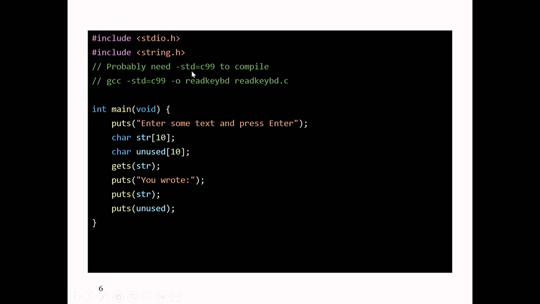So let's look at a little program that uses gets. This is typical of the type of program that you would write using gets. You ask the user to type in some text and press enter. I'm going to make a little array of length 10 in which to store the text. Now I'm going to use gets, and that's going to read standard input until it sees the newline character and store the contents into str,